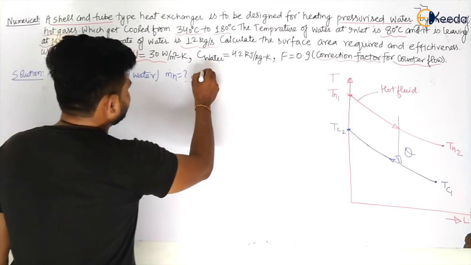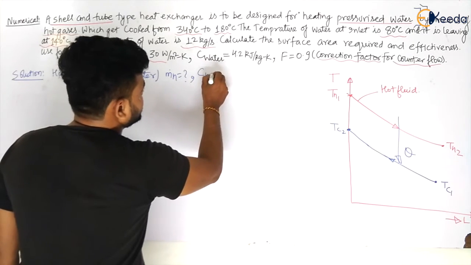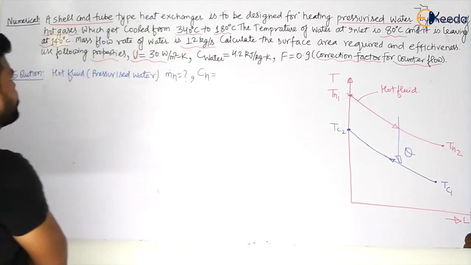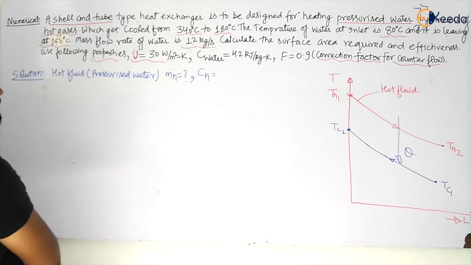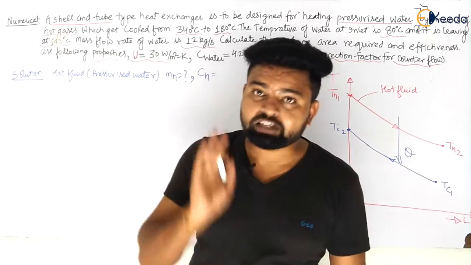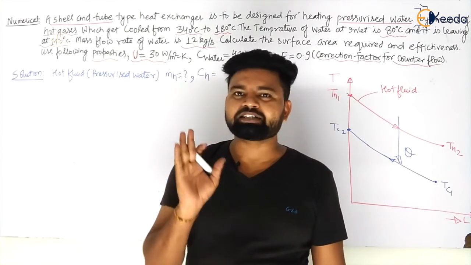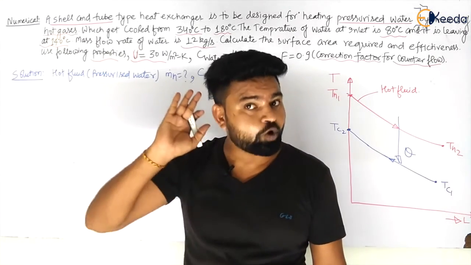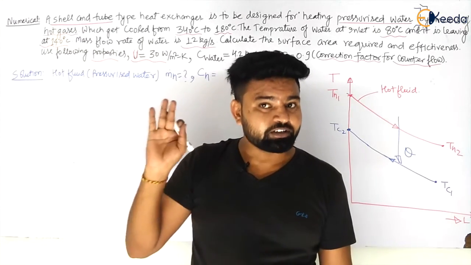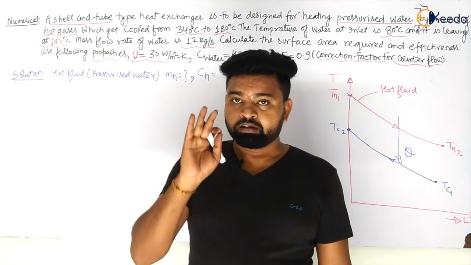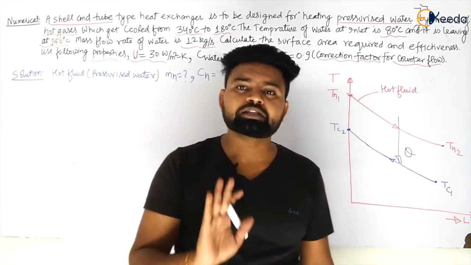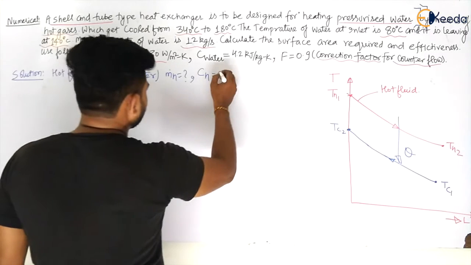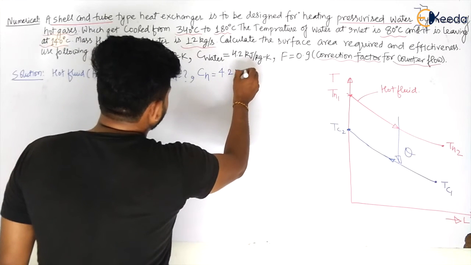Now let us see what is Ch. He has given it, no, the gases get cooled from 340 to 180 degrees Celsius. The temperature at water inlet is given, the mass flow rate of water is this, calculate surface area required. So my dear students, now he has not given the specific heat of water. If you are pressurizing the water, maybe there can be variation in the specific heat, but we will assume, as we have already assumed in our calculations for effectiveness and tube methods, that specific heats will be constant. So let us see what will be the specific heat for this. This is also water, so I am taking 4.2 kilojoule per kg Kelvin.